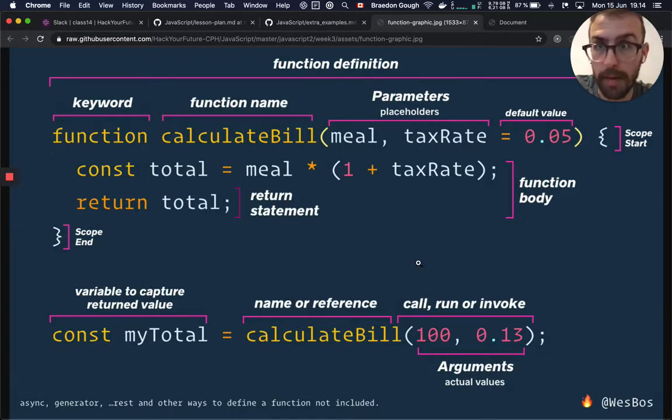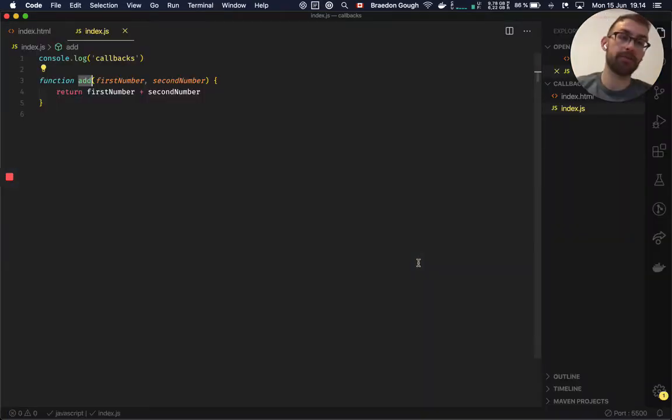So what is a callback function? A callback function is a fancy way of saying a function that is an argument, that is a parameter to a function. So if I were to create a new function here,